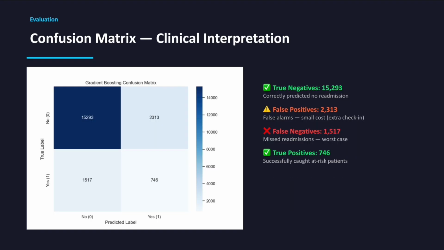Looking at the confusion matrix, our model correctly identified 746 patients who would be readmitted. These are patients a hospital could intervene on before discharge. We missed 1,517, which is why we applied a 1 to 5 class weight, telling the model that missing a sick patient is 5 times more costly than a false alarm. The 2,330 false positives are manageable because a brief follow-up call is a small price to pay compared to a missed